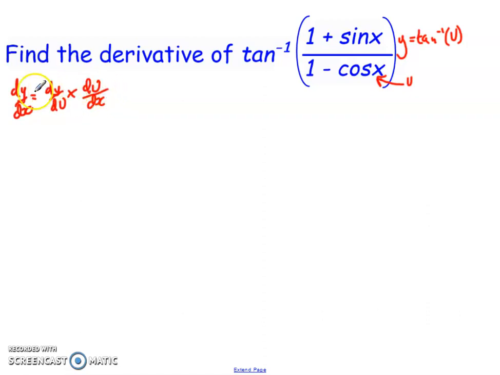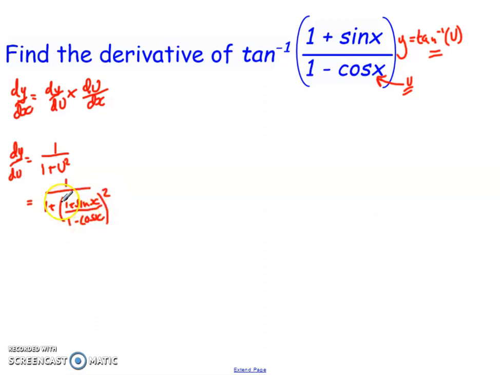So all I do now is get my two separate parts, dy by du, so the derivative of this, times du by dx, so the derivative of this part, and multiply them together. So let's focus on each one in turn. So dy by du, I know y is equal to tan minus 1 of u, so dy by du for this one is going to equal 1 over 1 plus u squared. Now I'm going to substitute back in for u, which is this part here, so that's going to equal 1 over 1 plus (1 plus sin x over 1 minus cos x)